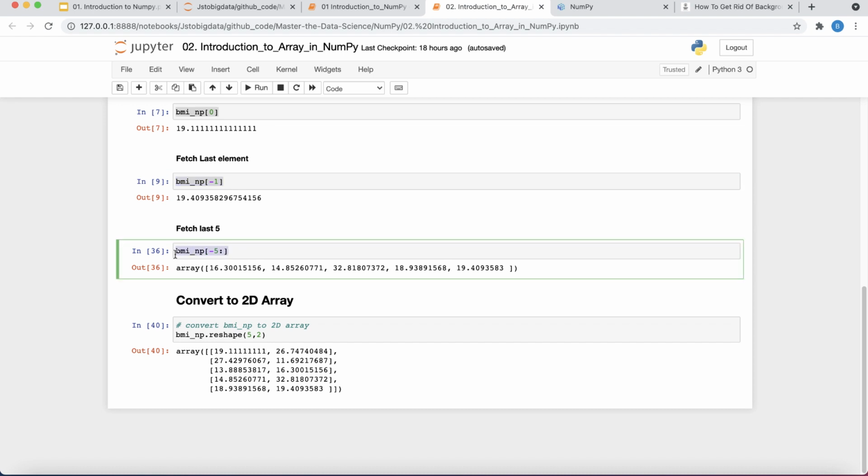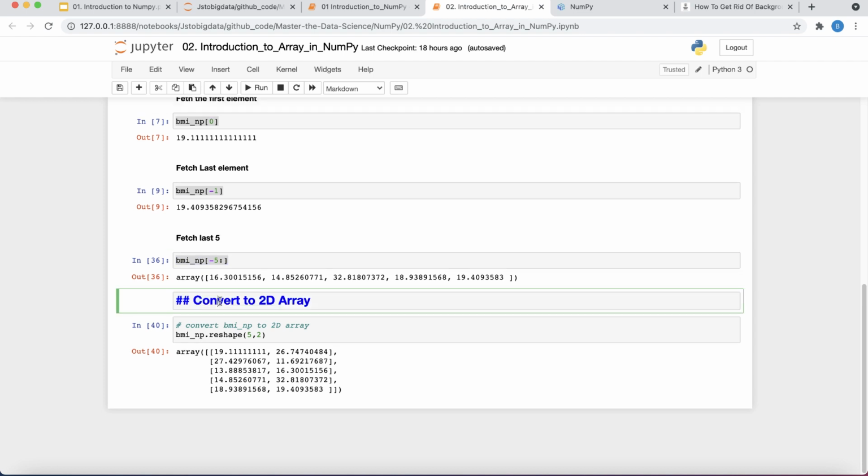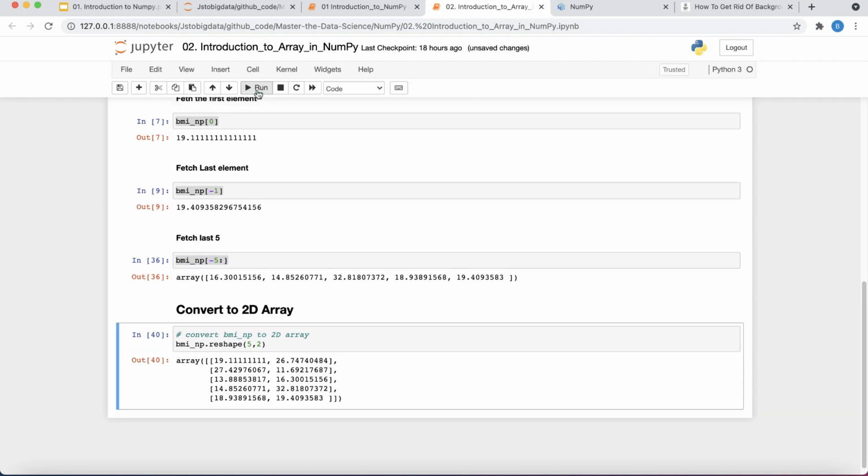We also checked how to fetch the last element of an array, and let's say you have to fetch the last 5 elements of an array, what would be the syntax? Another thing which is a bit important also, we saw how to convert this one dimensional array into a two dimensional array, and we have also seen various other functions which I will cover in the later part of this tutorial.